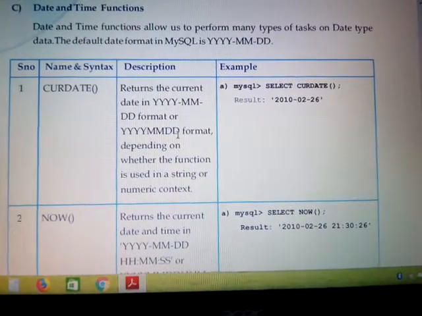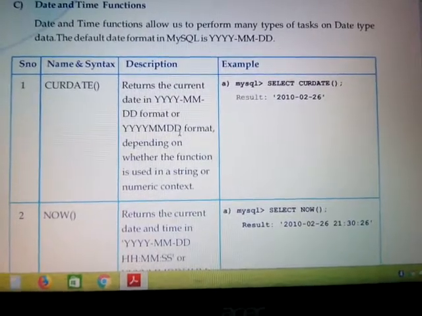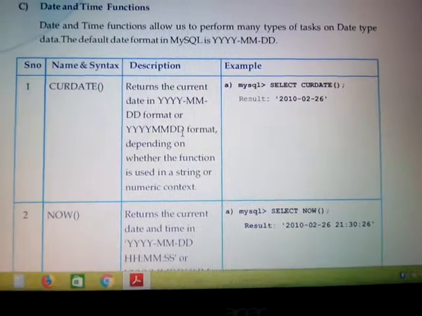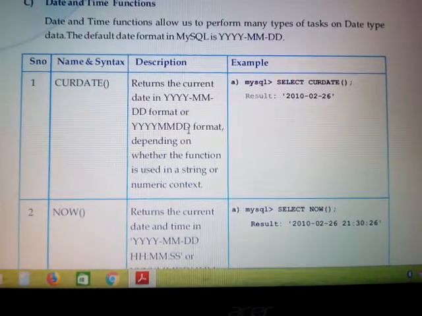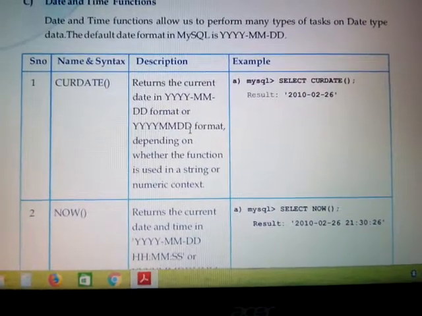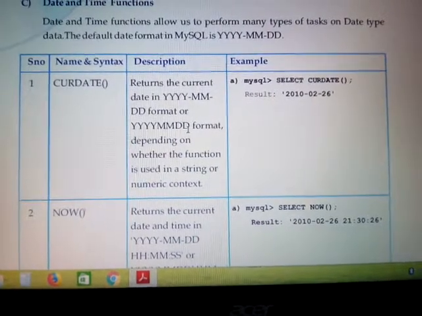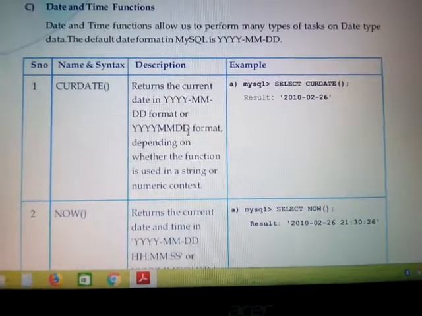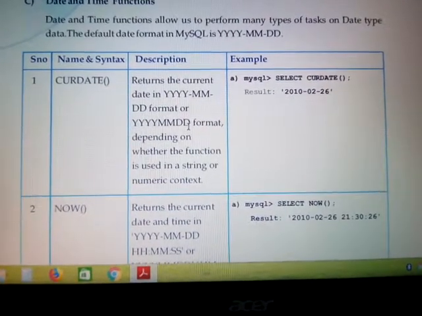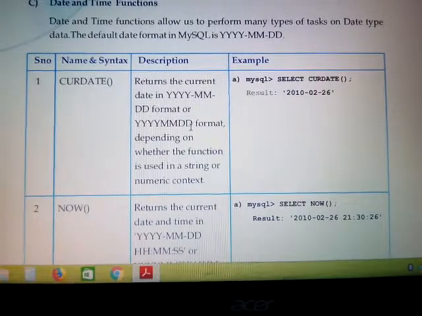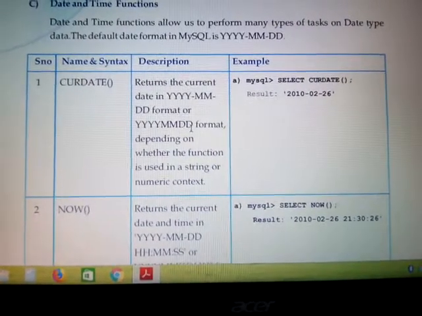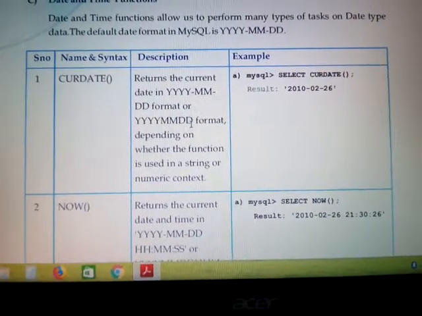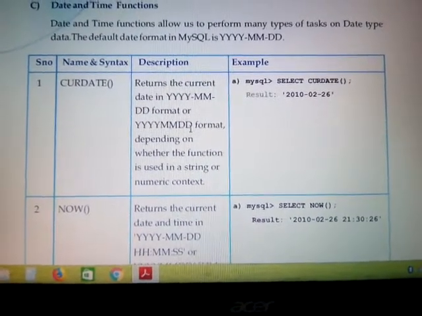The name is clear: date and time functions will perform tasks upon date and time type of data. As we know very well, if we include a date, then we make use of date as a data type. So if any sort of functioning is to be done on that date data type, we will be seeing certain functions which can work upon date and time data types.